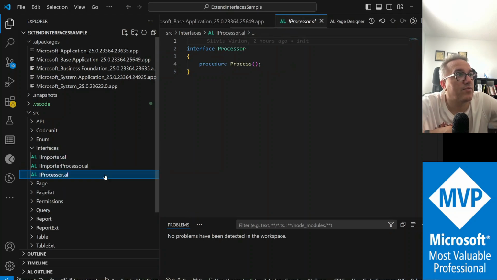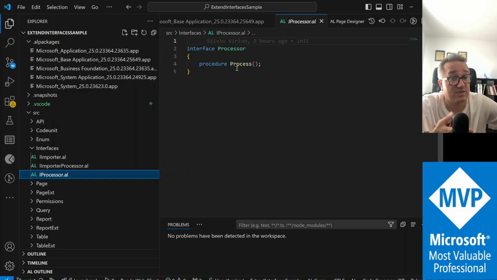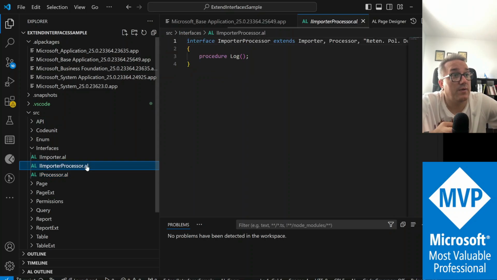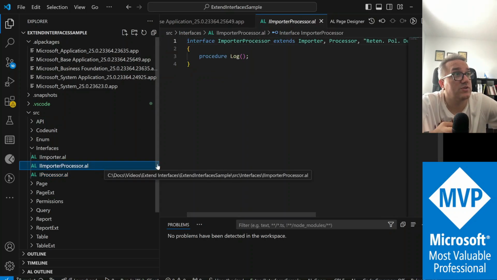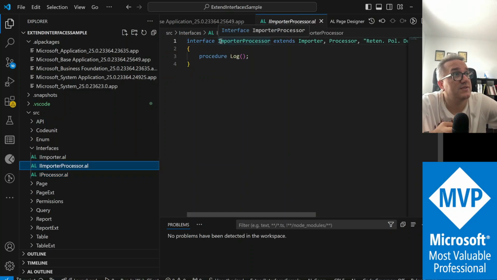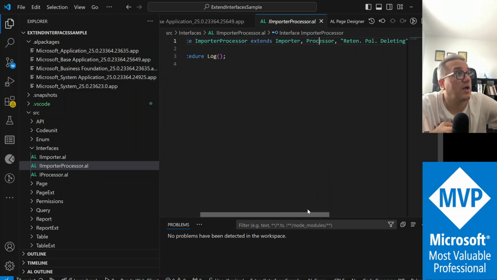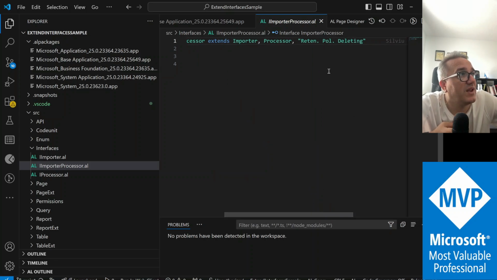Let's look at iProcessor, and this contains only one method, process, and then we have importer processor. Interface importer processor extends importer, processor,